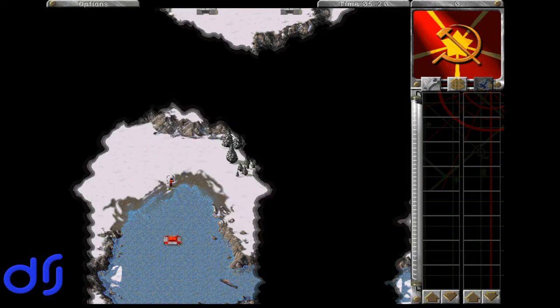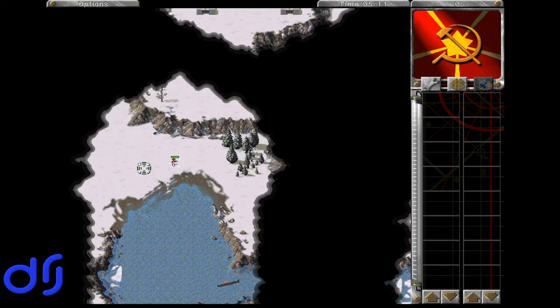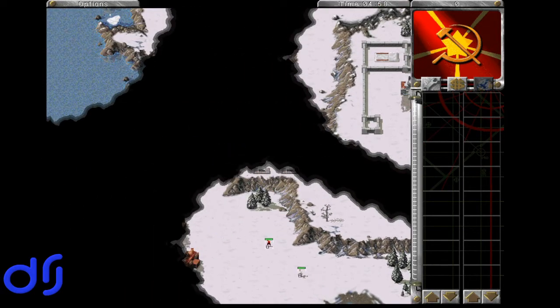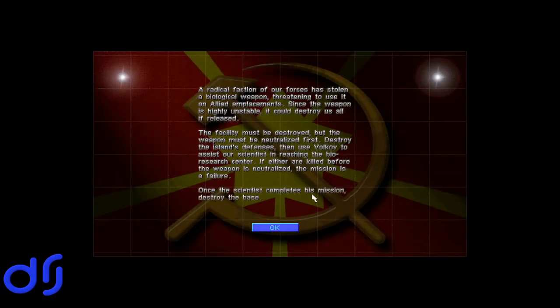Volkov has arrived. Along with the scientist, who looks more like a special agent. Though he has been renamed scientist for this mission. Alright, let's remind ourselves of our mission. If either are killed before...